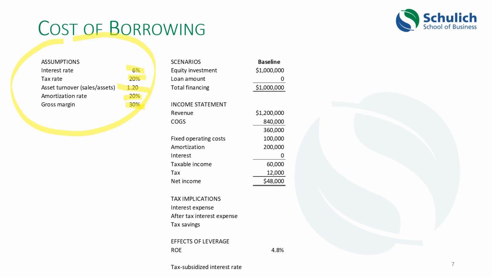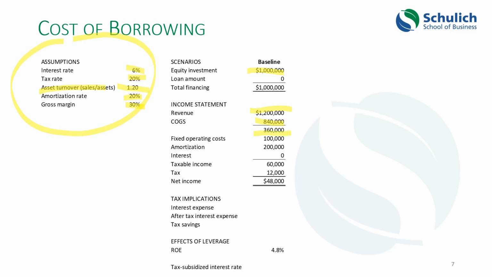So what's going on here? The key thing here is this asset turnover. What I've got is an assumption that we have $1 million of equity investment, which has bought us $1 million worth of assets. And with an asset turnover of 1.2, that means for every $1 million worth of assets, we're getting $1.2 million worth of revenue coming in. With a gross margin of 30%, that gives us a cost of goods sold of $840,000, leaving us a gross